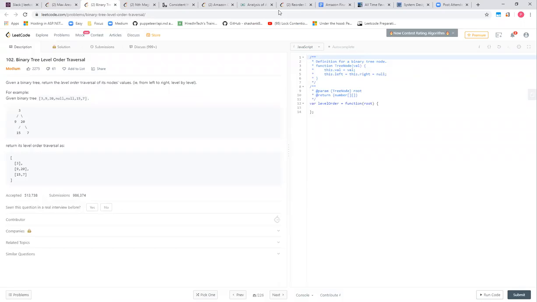The next question is level order traversal of a binary tree. If you are given a binary tree, what we have to do is return the nodes at each level in an array of array format, right? So suppose you have this tree, you have to return at the first level there's only 3, then at the second level you have 9 and 20, and the third level you have 15 and 7 in this format, array of array,